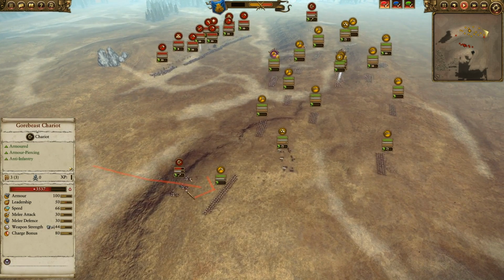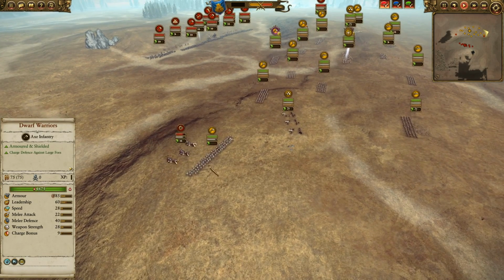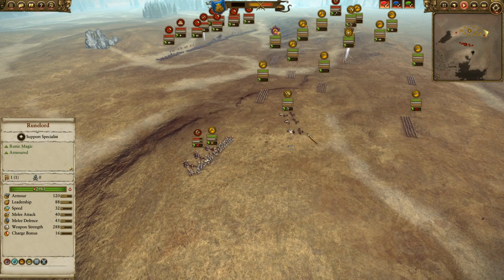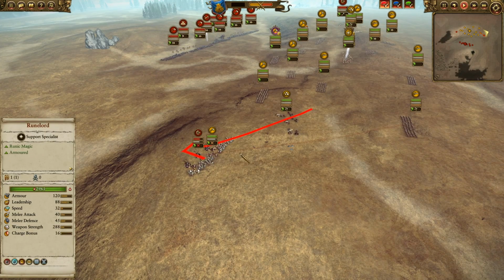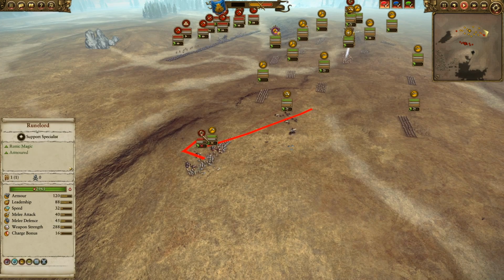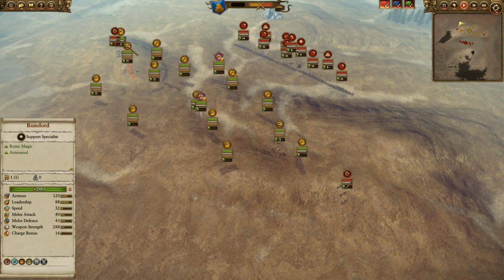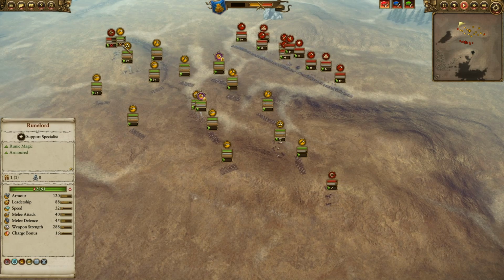And take a look at this. The Gorebeast Chariot comes in not at the fastest of speeds, and it just barely nudges these Dwarf Warriors, and right away these Thunderers are beginning to respond. The cannon as well, turning around to open some shots off, and you can see these Gorebeast Chariots are falling apart almost right away. They're taking a lot of damage. Of course, they've already taken some earlier from the cannons, but very nicely done there, and causing a decent amount of hurt,